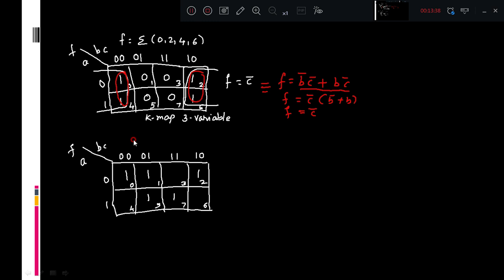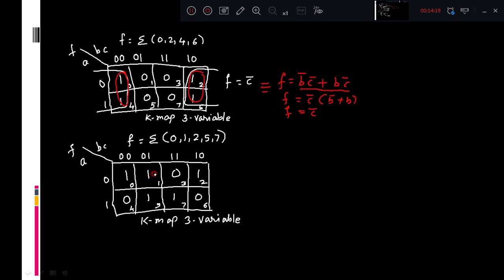Now let's see one more example that we have written here. This can be written through K-map as summation of 0, 1, 2, 5, 7. These locations have output 1, and the remaining locations are 0. Suppose this is a given function that we have entered in a 3 variable K-map.